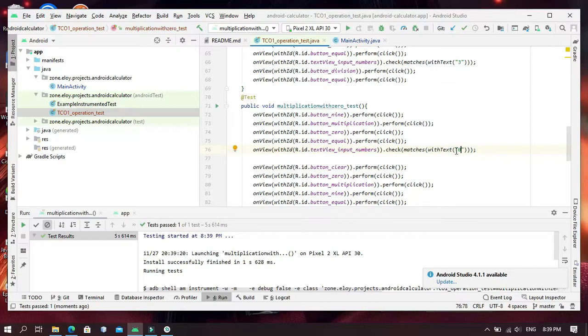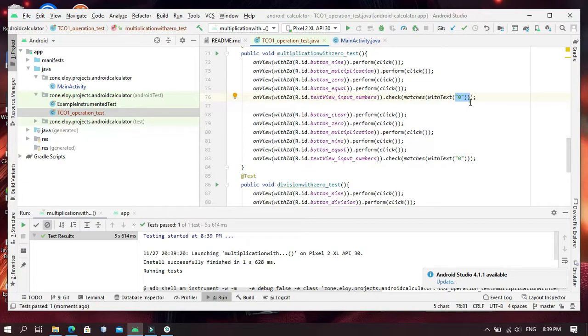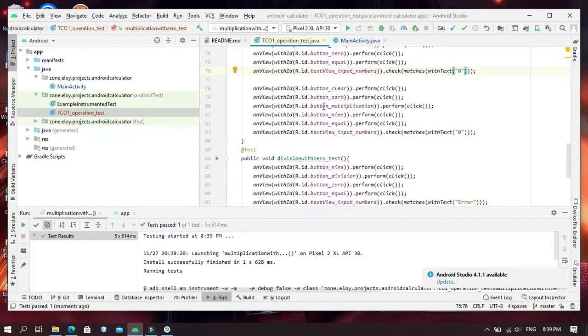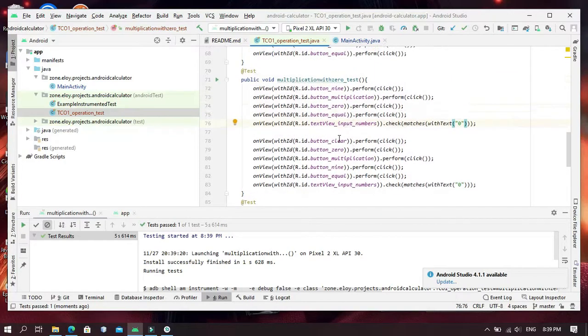Is it equal to 0? I don't know, maybe later I will test it. And then the second part uses button 0 first, then multiplication, press 9, equals 0 or not. Okay,